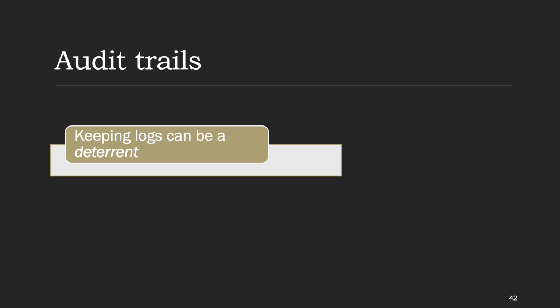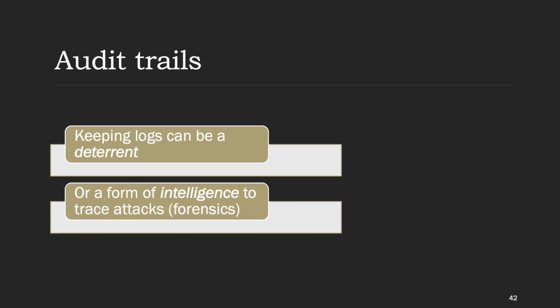Audit trails refer to keeping track of the actions that are performed within the system. They include also the contextual information that is relevant to a specific action, like, for example, who was performing this action and at what time of day they were performing the action. Audit trails can be used as a type of deterrent, actually, to avoid users from ever performing malicious actions. Or in a post hoc way, they can also be used as a form of intelligence to understand how an attack was mounted, what possible traces the attacker has left behind, and ideally, of course, to identify who the attacker is.